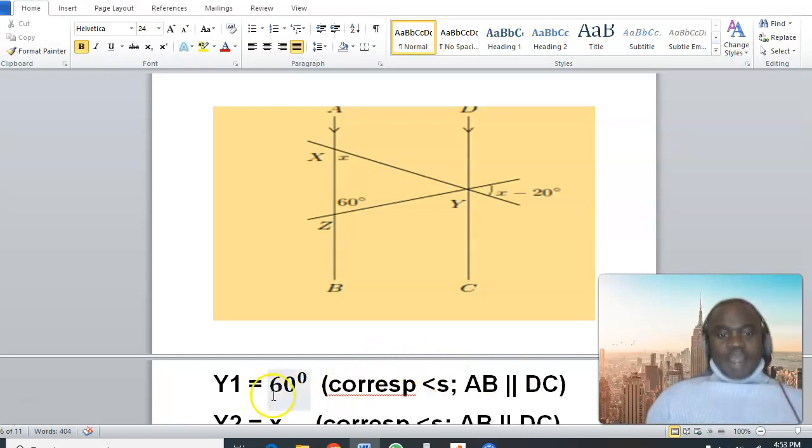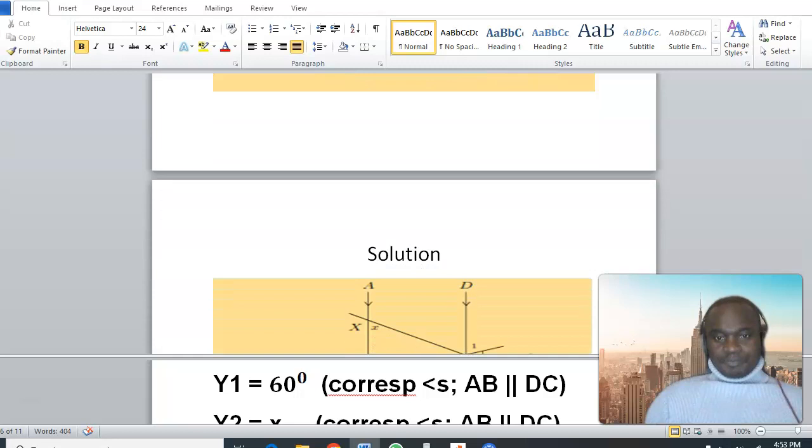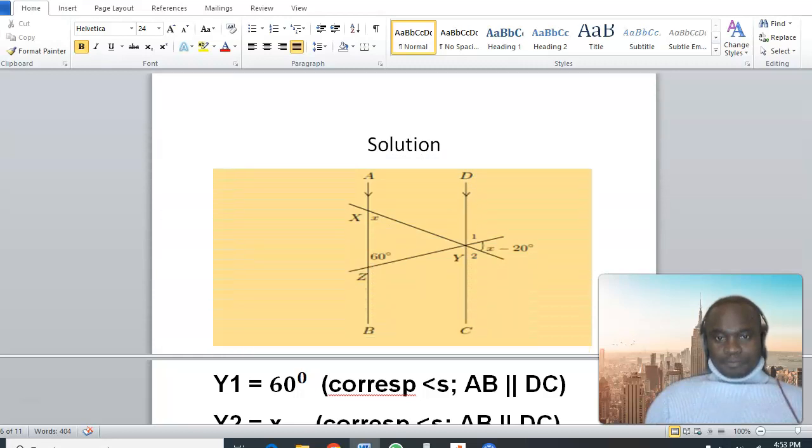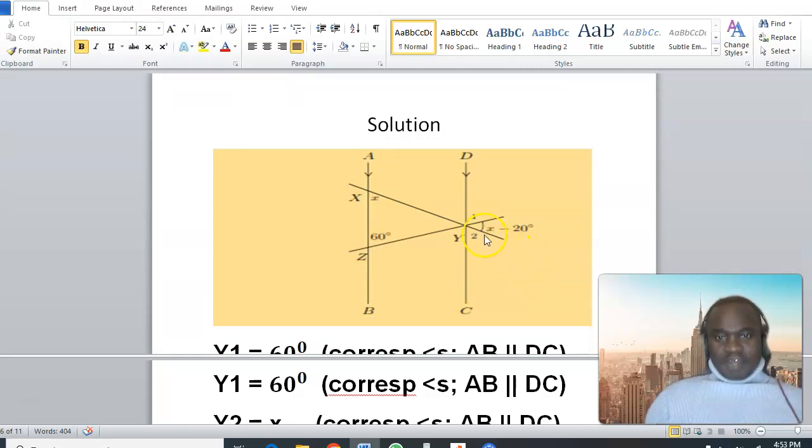We know y is equal to 60. That's a corresponding angle. Let me show you the other diagram. So I have given this side 1 and this side 2. So this is y1, y2. So y1 is equal to 60